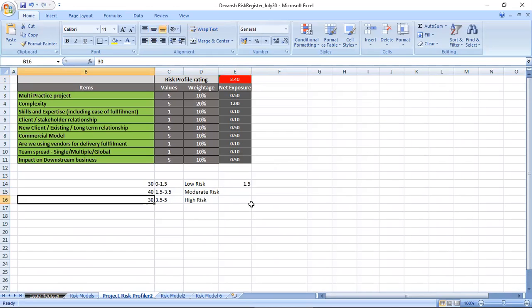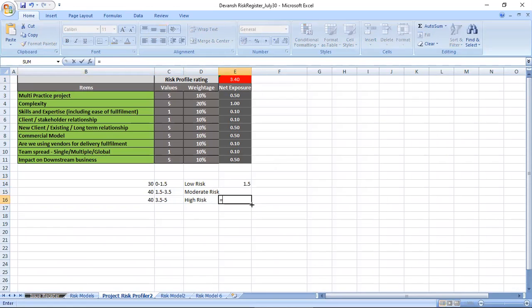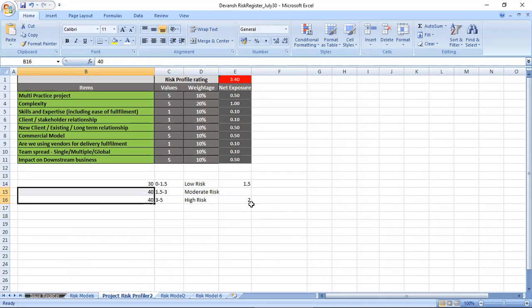Maybe you can take it as upper 40. So it will be a different number, 5 into 40%, so it will be 2. So 3 to 5 will show as high risk, and here 1.5 to 3 will be moderate risk. Now you can have your 30, 40, 30. So you can have your own judgment, your own